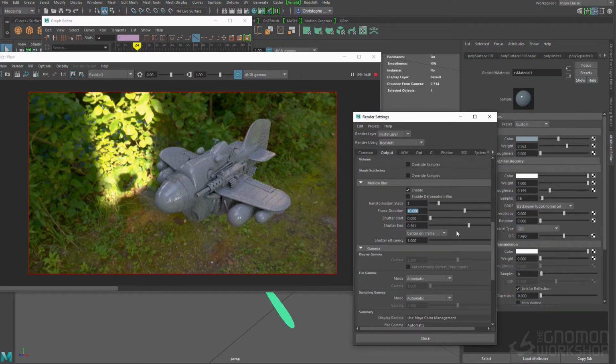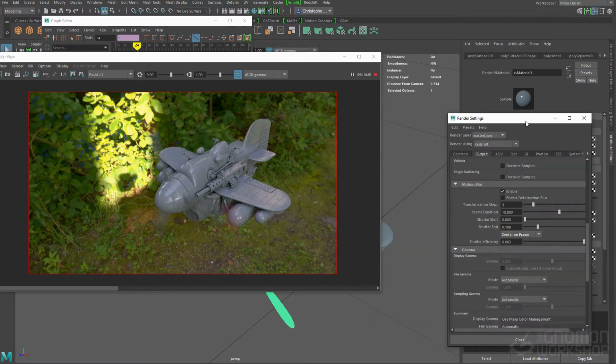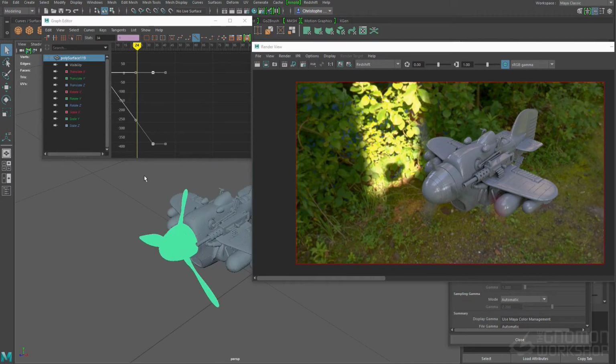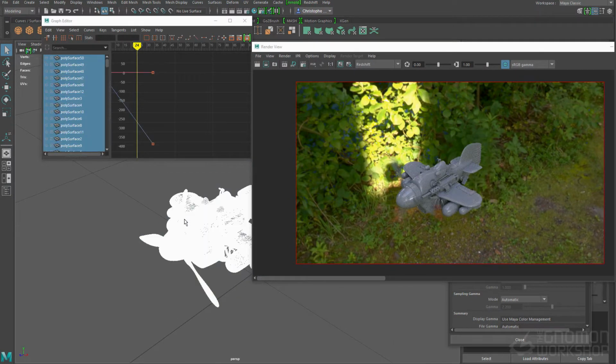You can see there more and more. Let's see if we do shutter efficiency. It's not perfect. Center on frame, start on frame, end on frame, which allow you to decide at what moment. You see how it changed the position of your motion blur. Center on frame. So that's good. The next thing we'll be doing is, because we want to see a lot of motion blur,